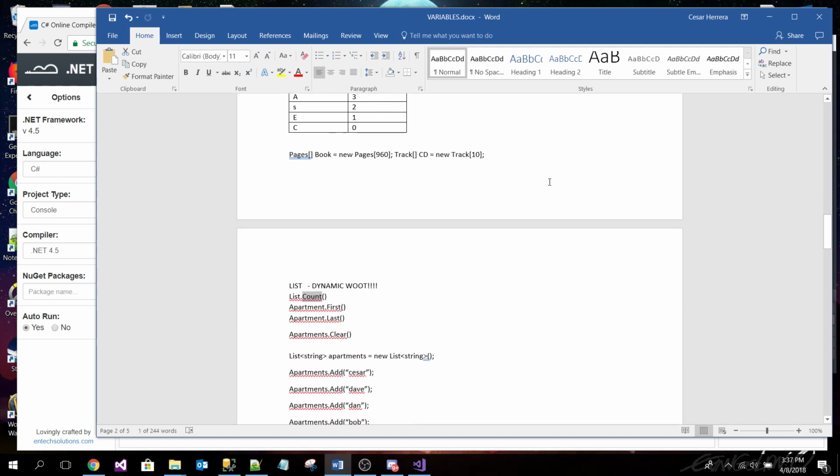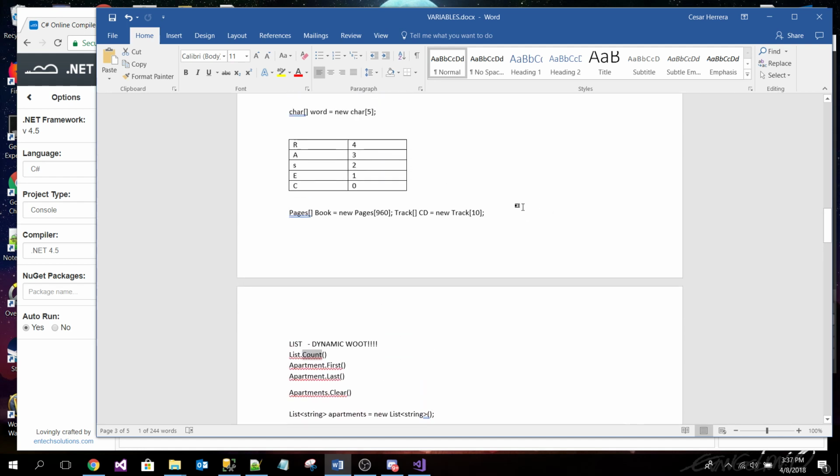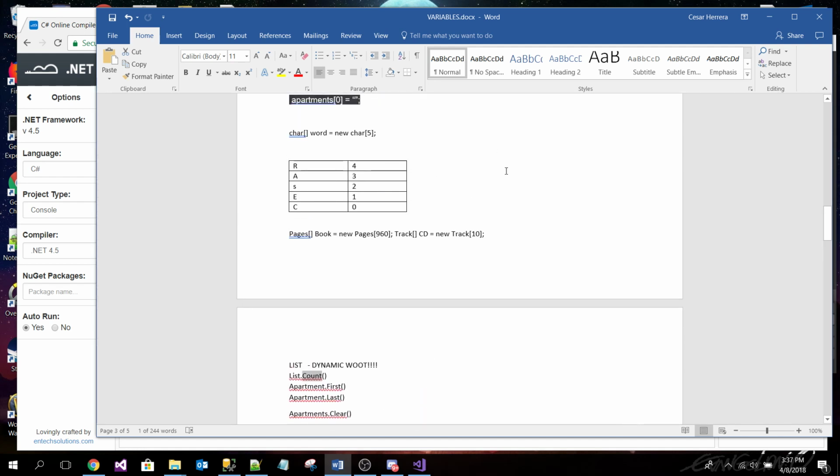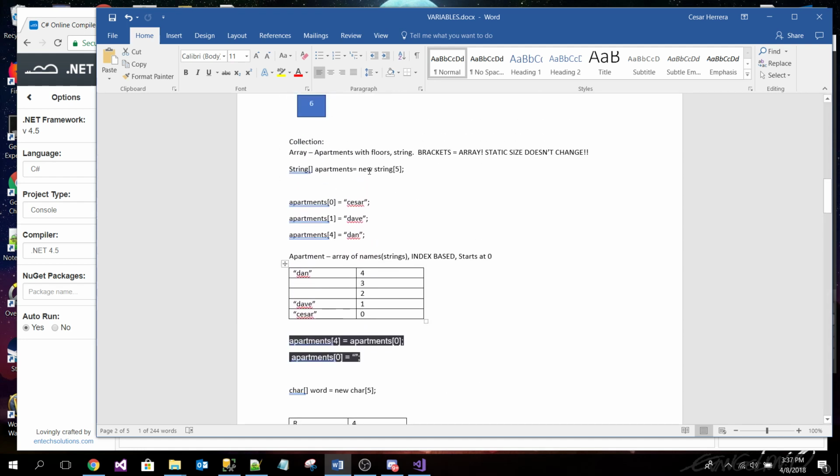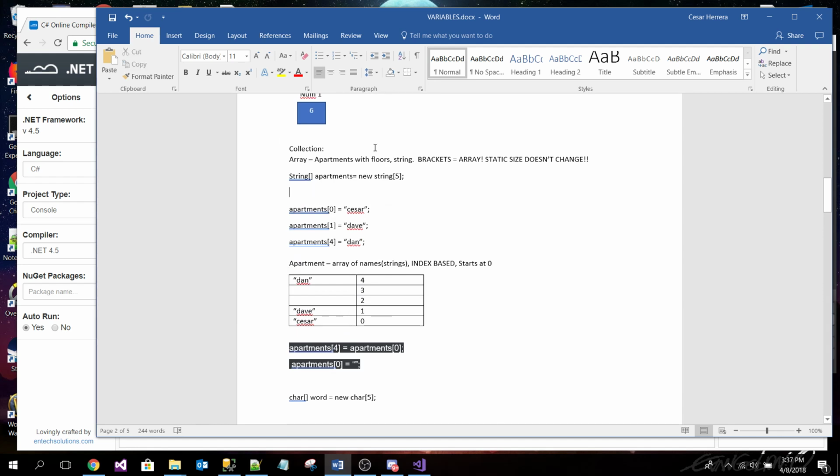Okay, so we have list, and we have an array. And by the way, you can tell the number of items an array has by using the same method, count. So let me just put it up here too so you guys can remember. Okay, so apartments dot count. Sometimes it's length.